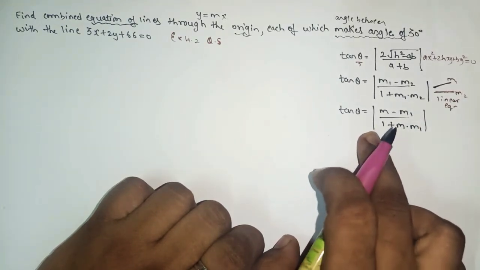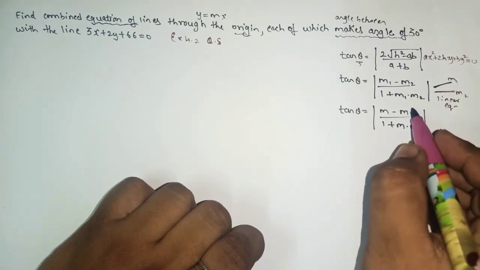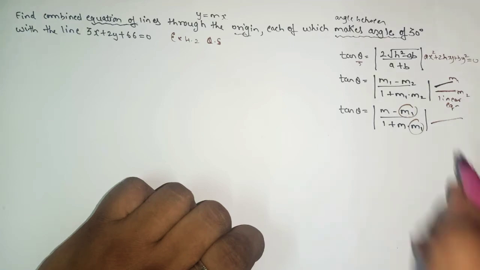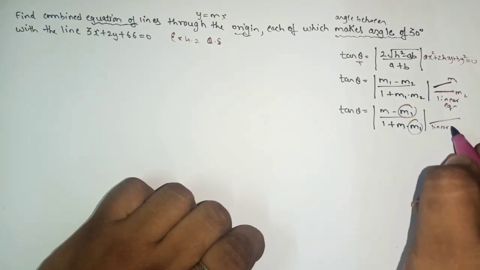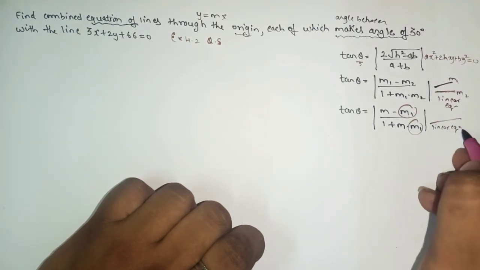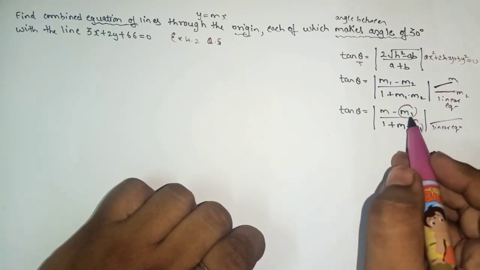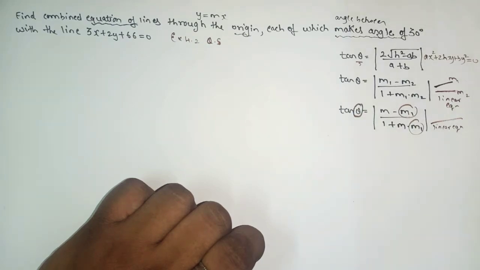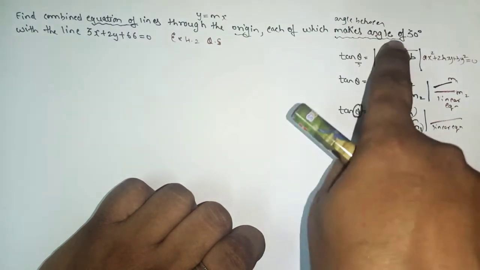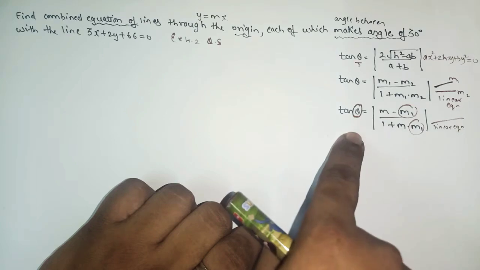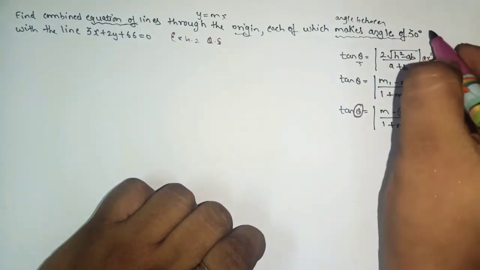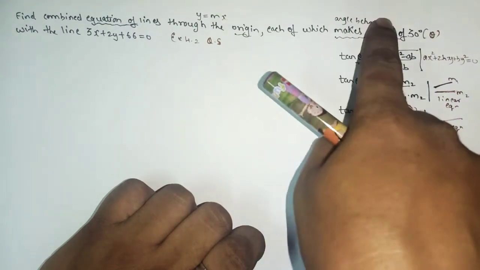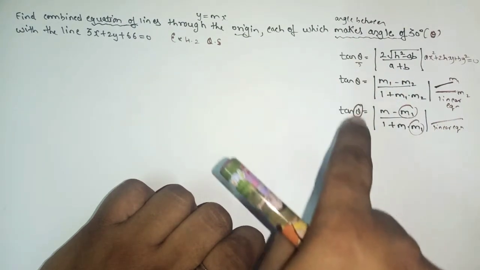The third formula you have to apply when you have only a single equation, a single linear equation, I will say a single line, from which you will get only m1 and you will have one angle. So remember, whenever the words makes angle, angle between come, we have to apply these formulas. Angle we know is denoted as theta. So whenever the words making angle, angle between come, straight away you have to apply this formula.